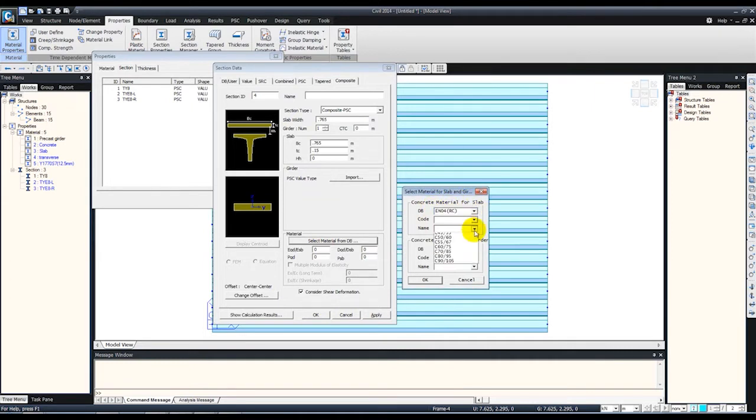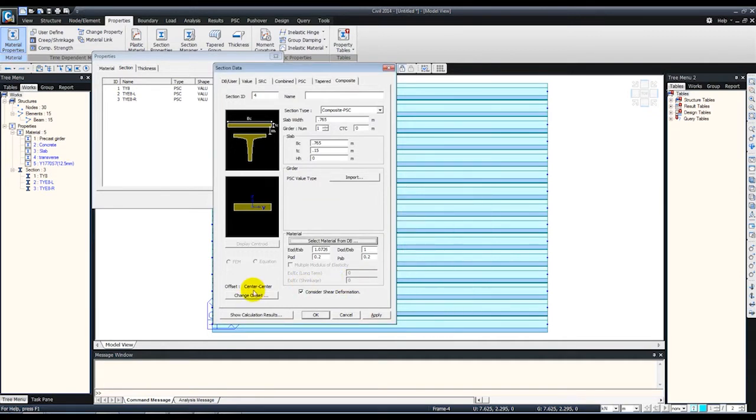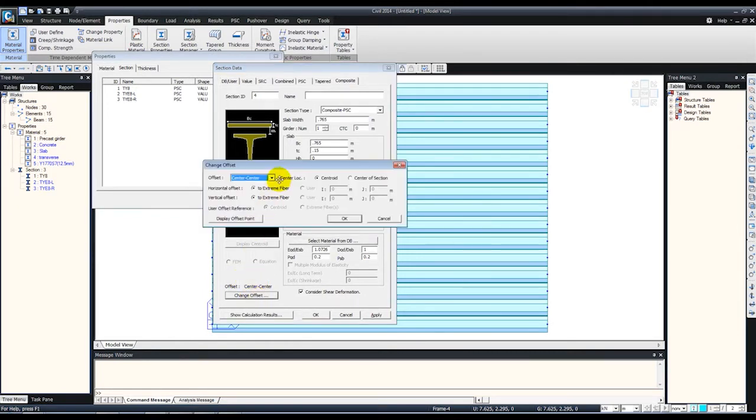So for the slab, this is C30, for the girder it is C40. Okay, now for the bridge deck, the top of the slab will be our reference for all the loads and all the live loads, and also for the tendon loads, pre-stress loads. So we have to change the offset to center top. Click OK,